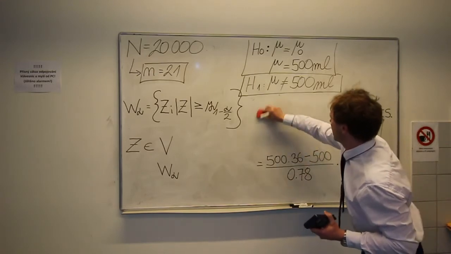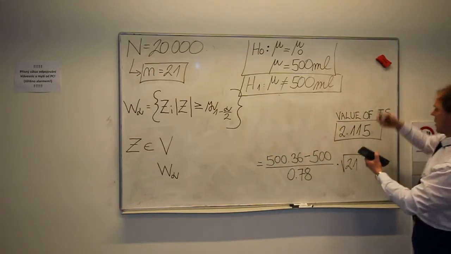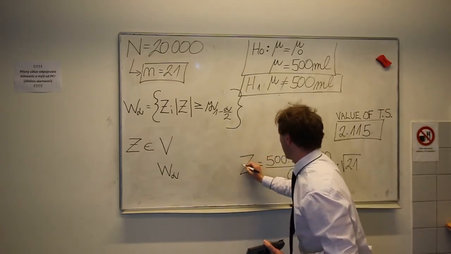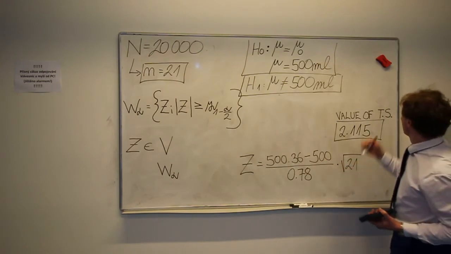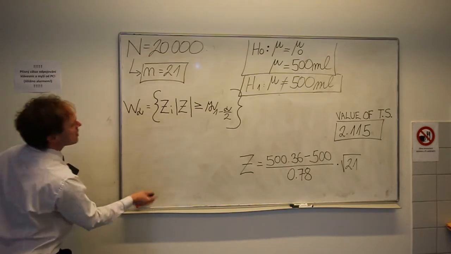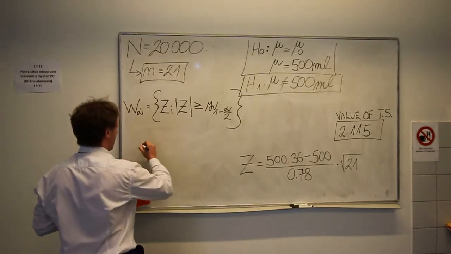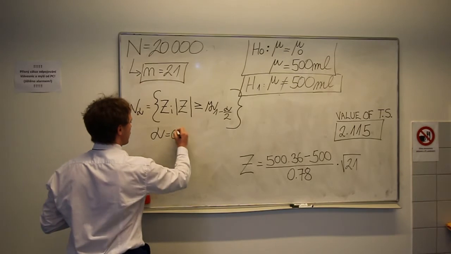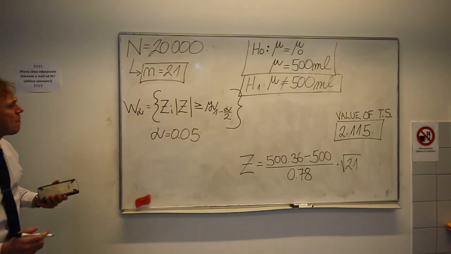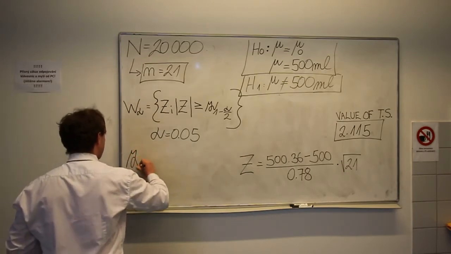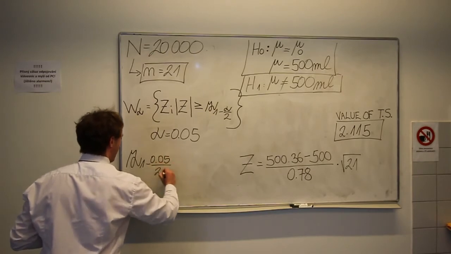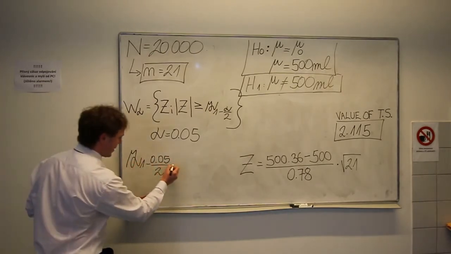So I will delete this because we need space. The value of the test statistic is written here, so we know that this is our Z value. Yes, I will delete this also, and we know that we are using alpha equal to 0.05, 5% significance level. So Z 1 minus 0.05 divided by 2 will be Z